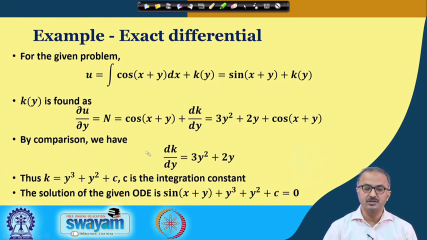Up to here is the solution, and we are just going back to the original equation and comparing the terms to get the value of dk/dy. Now you can see that k is solely a function of y that can be integrated by separation of variables, which we have just learnt. Once you do that, you finally get the solution of the equation, and this c is the integration constant, which may be found from the initial condition of the particular problem.